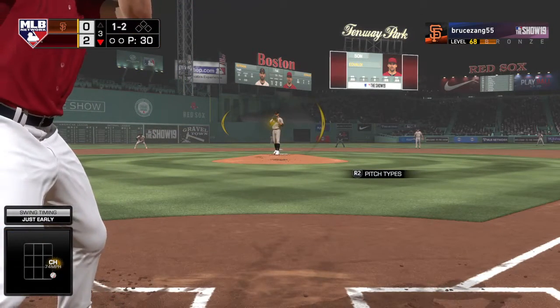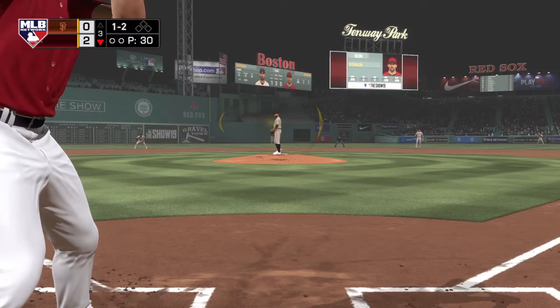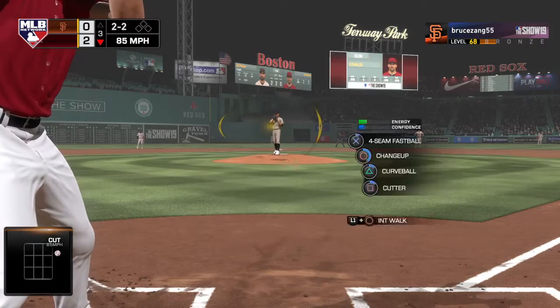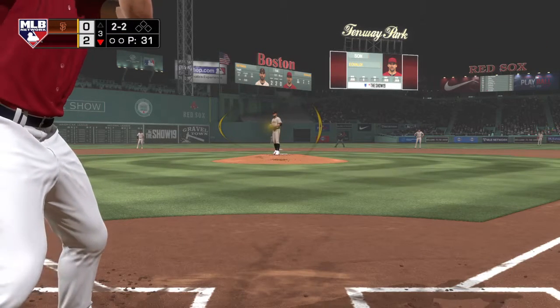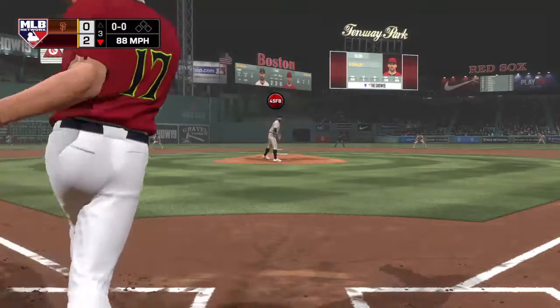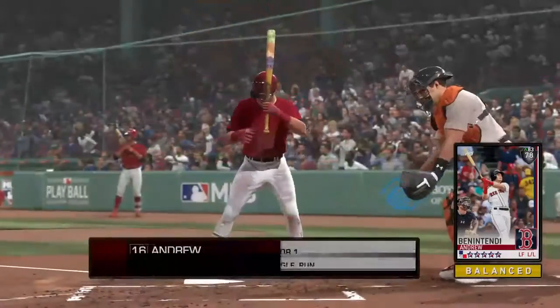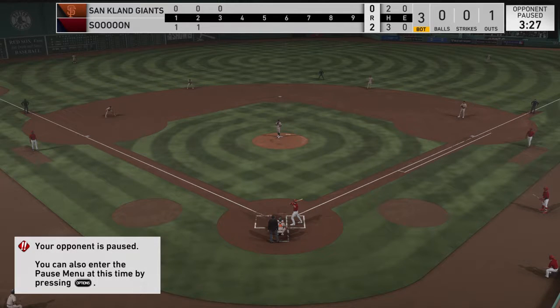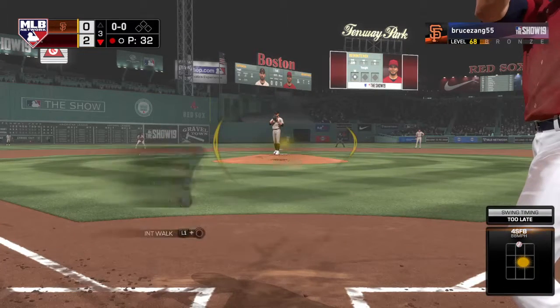1-2 now. The 1-2 misses off the plate. Fastball swung on and missed for the first out. So the base is empty here. Now one away. Left fielder, Andrew